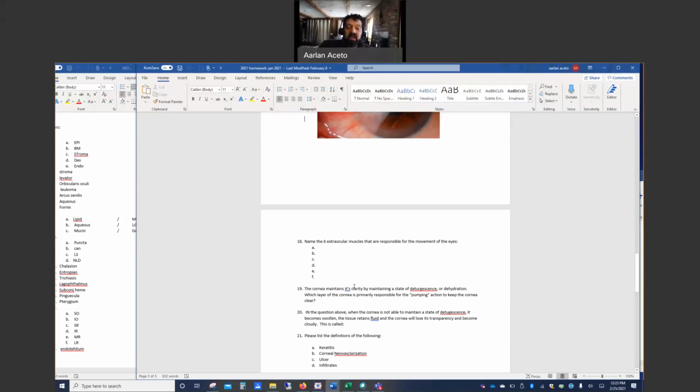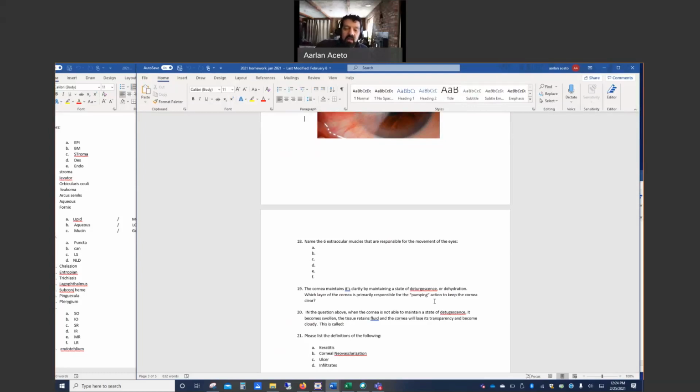This is important. Cornea maintains its clarity by maintaining a state of deturgescence or dehydration. Which layer of the cornea is primarily responsible for the pumping action to keep the cornea clear? We covered this earlier. It's the endothelium. As people age, there are certain diseases, and one of them is called Fuchs, F-U-C-H-S, Fuchs endothelial dystrophy, and that's when you start losing endothelial cells and they can't keep up with the pumping, and the eye starts to get cloudy because it just